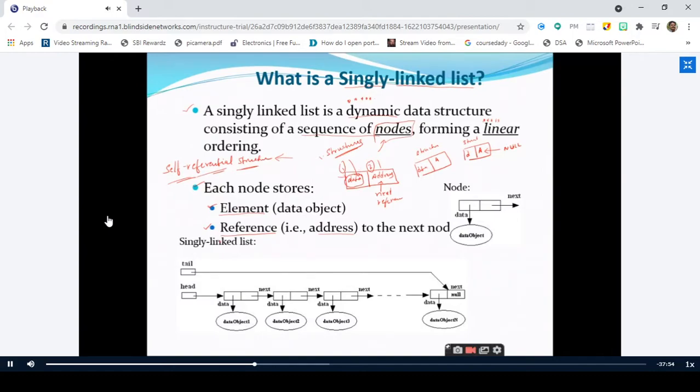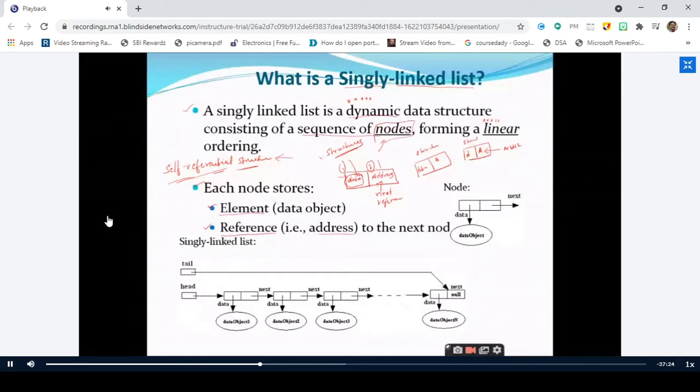And remember, it's a very important point that this is the notation we are using for our understanding purpose. Never ever put your mindset to saying that each node consists of only one data part and only one address part. A node may consist of 2 or 3 data parts. A node may consist of 2 or 3 address parts. That depends upon the application which you are going to implement.